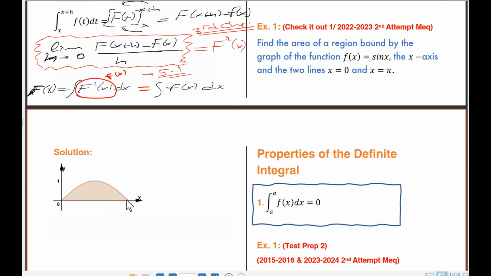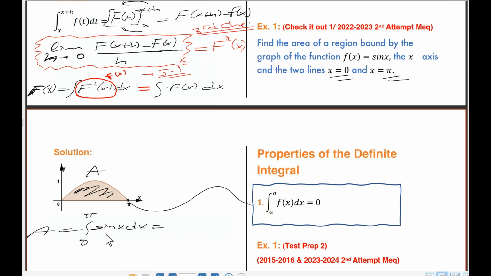like this wavy shape, but we need the area under the function and the x-axis at those two values, 0 and pi. 0 is the x-intercept, pi is also an x-intercept, so there is no going down part, just this upper part. In order to find the area under this function between the x-axis at these two values, we are going to find the integral from 0 to pi of the function, which is sine x